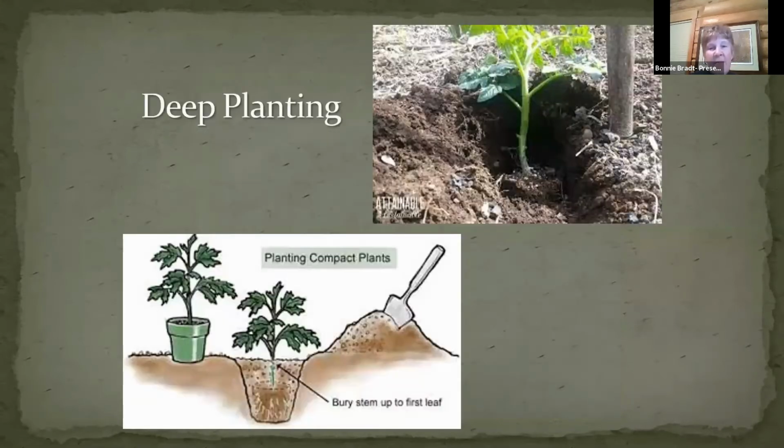Deep planting means this. It means that your stem can be buried underneath the ground, and you can plant all the way to have the dirt all the way up to the first set of leaves, because that stem down below the ground will grow roots. Those are called adventitious roots, and they will stabilize the plant and make it a lot healthier, give you a lot more means to get nutrition to the plants. So plant them deep, and it will also keep them from falling over